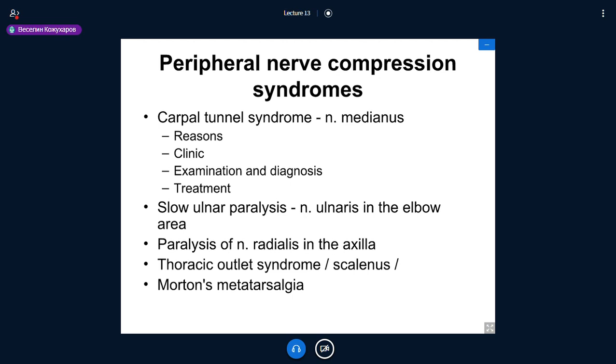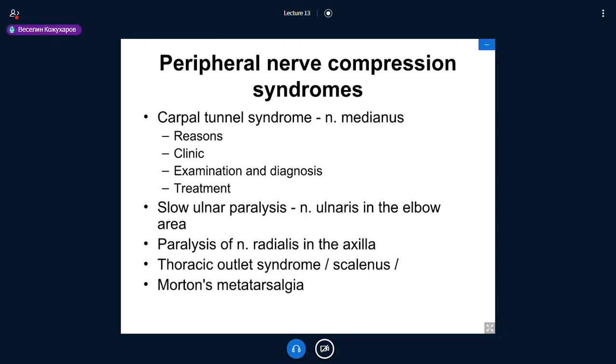Decompression could be performed by medicaments, local and general, and if it doesn't improve the local condition of the involved hand, there is time for surgery: surgical exploration of the affected nerve, review of the right reason for compression, and permanent decompression